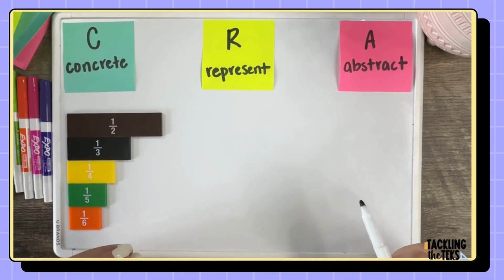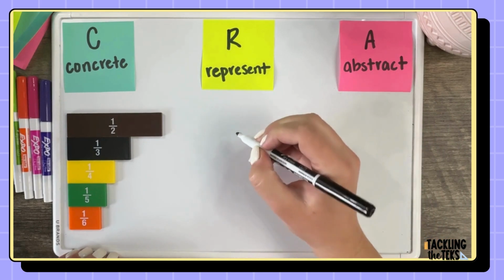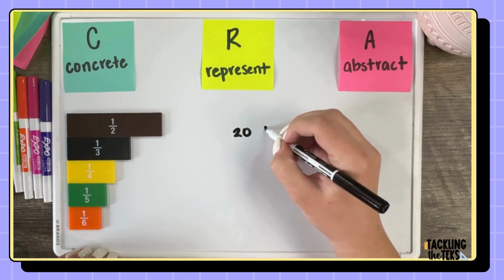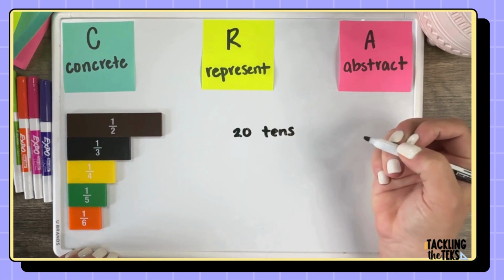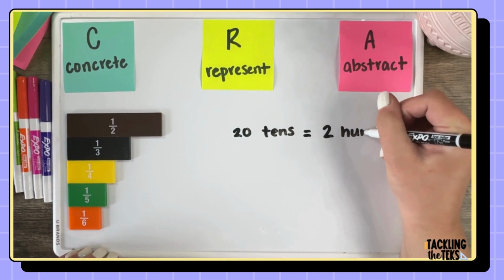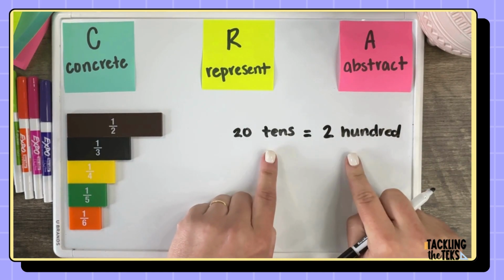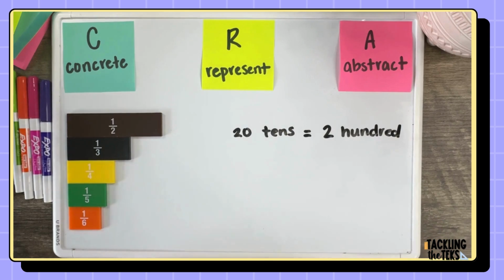When introducing equivalent fractions, you want to emphasize how we can rename numbers to have the same value. So, for example, starting with whole numbers, we can rename 2 tens as having the same value as 20 ones. So just like how we do it with place value and whole numbers, we can do the same with